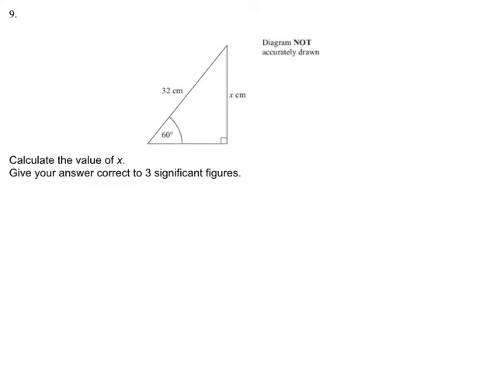Question 9 is another trigonometry question with x occupying the opposite position to the angle 60 and 32 representing the hypotenuse. So if we think about SOHCAHTOA, which we should do whenever we see a right angle triangle and an angle and a pair of sides in a problem, we can recognize that opposite and hypotenuse are going to help us with sine. So this is a sine